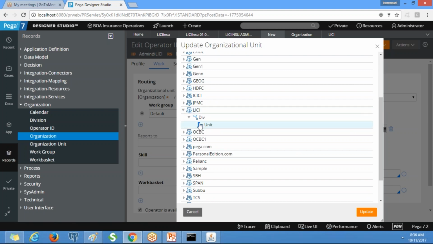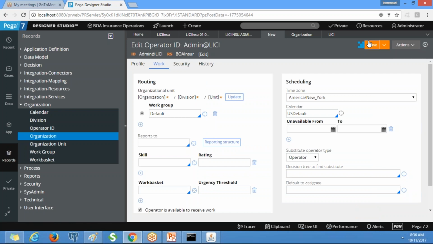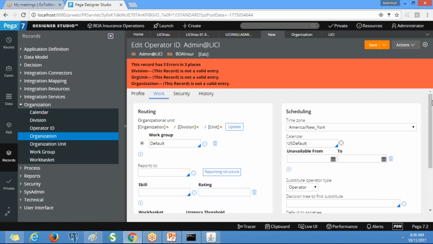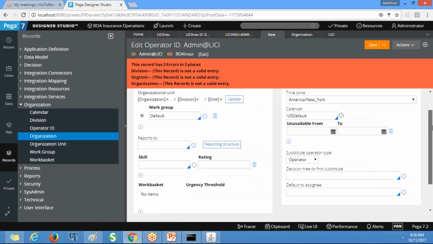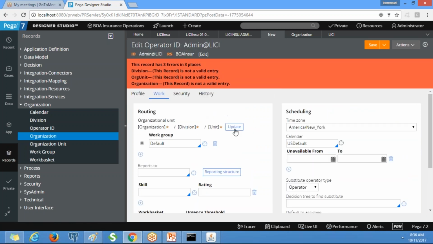See, we are getting the error, right? So we need to update that.